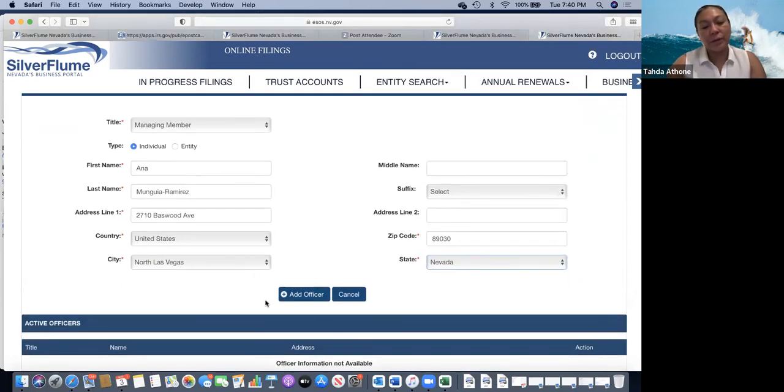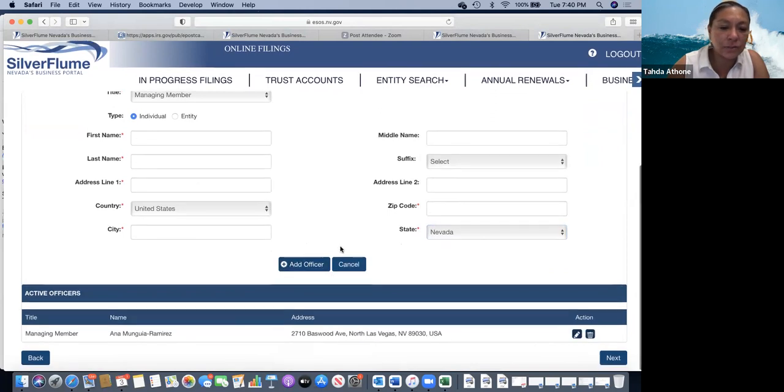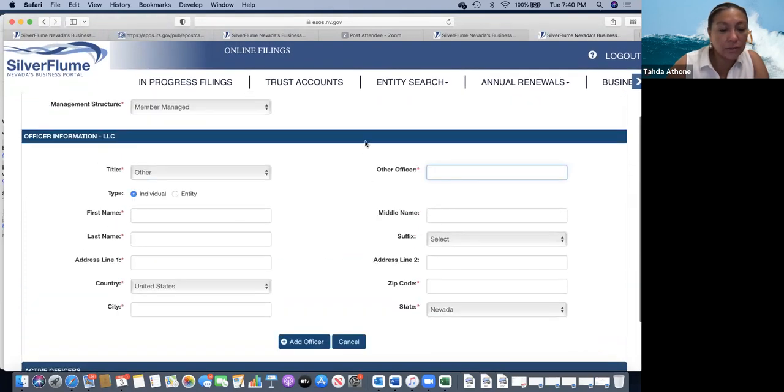Okay, so see where it has add other officer. So this is probably where, however that triggers, if you had other members, we would probably add other officers here. I think it's going to make us add you first. And then if we wanted to add another member, this officer information, for LLCs, we would start adding whatever that title is, like the other officers. I don't know why they're using officers here. That's a weird and very confusing thing, but for this purpose, if you had, I don't know, maybe two